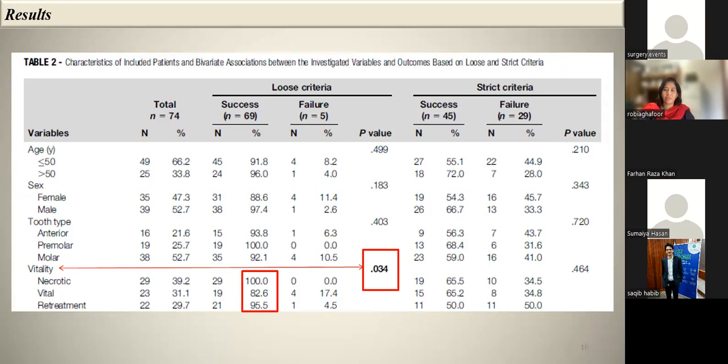Dr. Javeria? मेरी हाथ उठा के थक गई थी तो उन्होंने शायद नीचे कर दिया।